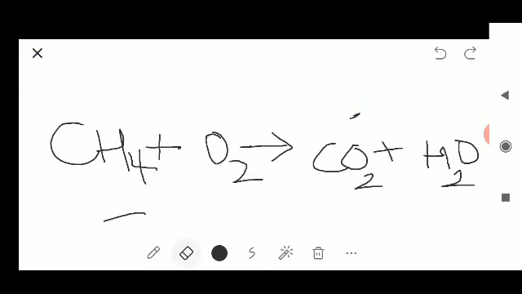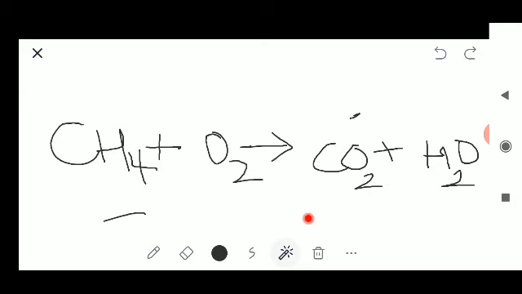So carbon is balanced. Yes, carbon is balanced. Now checking whether hydrogen is balanced or not. In the reactant, in total we have 4 hydrogen atoms, whereas in the product we have only 2 hydrogen atoms. So hydrogen is not balanced. Here we have 4 hydrogen atoms, but in the product side we have only 2. So hydrogen is not balanced. So this entire chemical equation is called an unbalanced chemical equation.